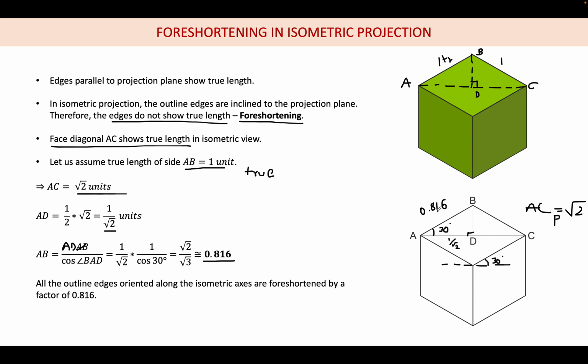So this is 0.816. So if I have, suppose, a rectangle like this, in true length this will be 5, let us say, and this will be 3. So when I am drawing the isometric projection,